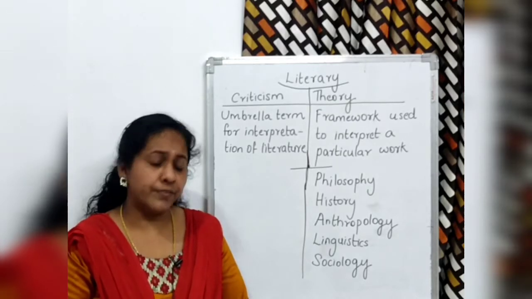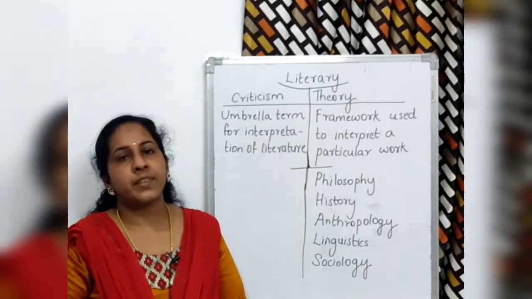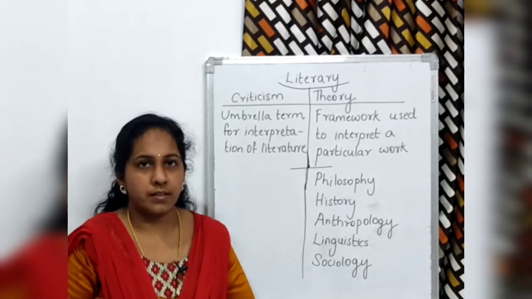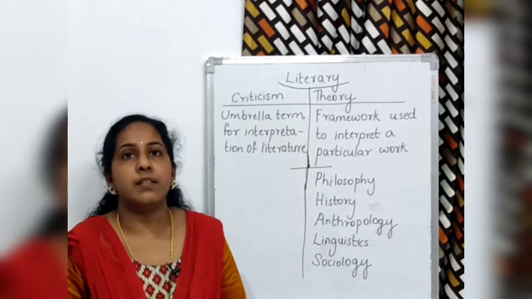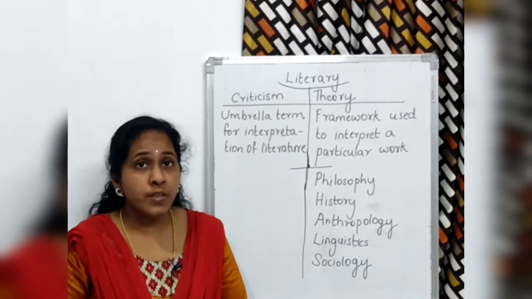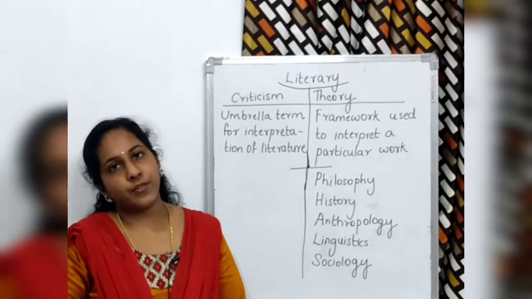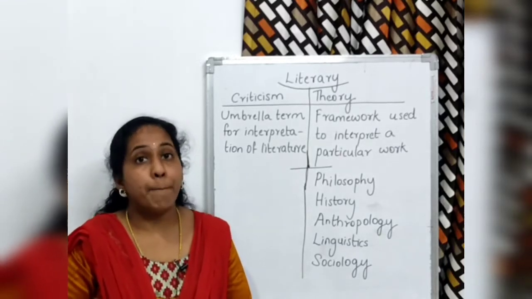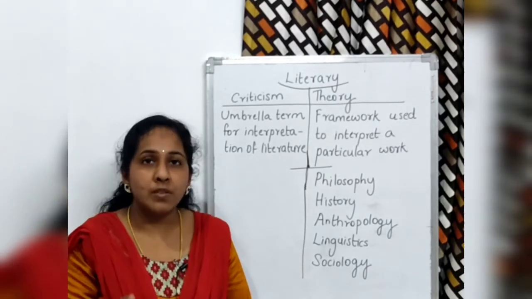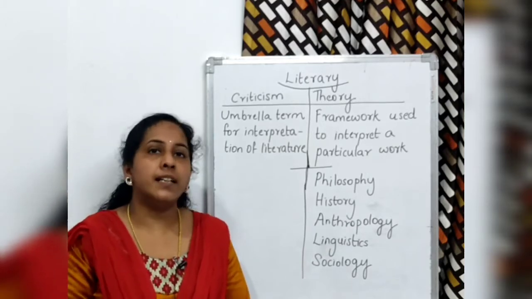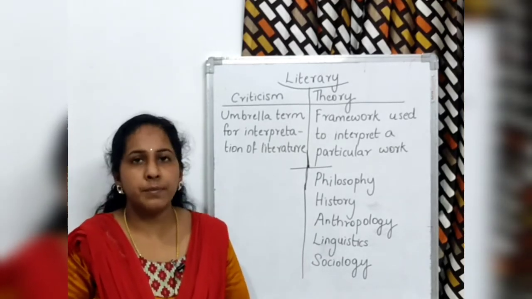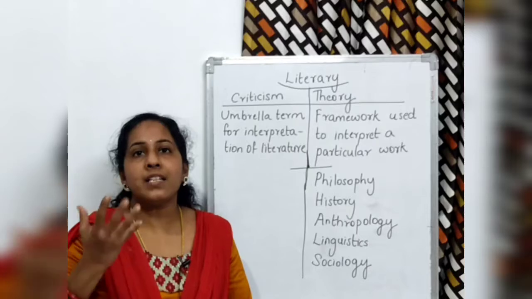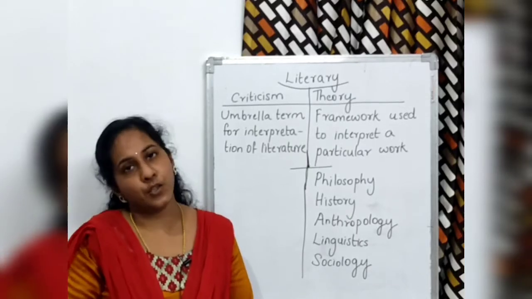Literary theory does not refer to the meaning of a literary text. Literary theory എന്ന് പറഞ്ഞാൽ meaning of a literary text അല്ല. So what is it? It is a set of principles or tools which are used to make meanings out of a literary text. Just meaning കണ്ടുപിടിക്കുന്നതല്ല literary theory. It is a set of principles or tools by which you interpret a literary text, and with the help of these tools you create a meaning out of a literary text that you get.